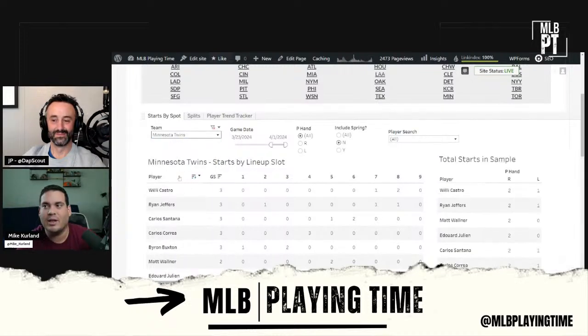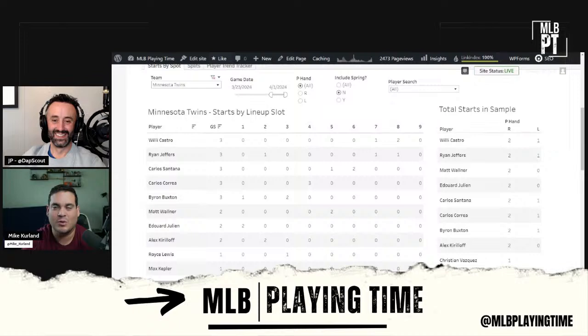And then I'm still wondering, like everyone thought, oh, well, now against lefties, this Edward Julien should get some more playing time, but I don't know if that's the case. They went out and brought up Austin Martin. Now Martin's nothing special, but he is a righty bat and he's a utility player that can play all over the place. And they showed opening day they sat Julien against a lefty, so this team isn't afraid to sit Julien, and that should tell you something right there. If they're willing to do that day one, why suddenly, I know Royce Lewis being out opens up a spot for him against lefties, but maybe it gives him more starts. I just don't think he's suddenly going to be an everyday player.